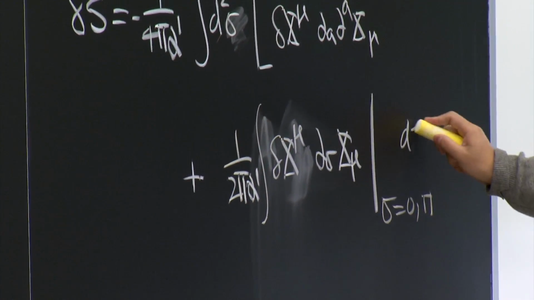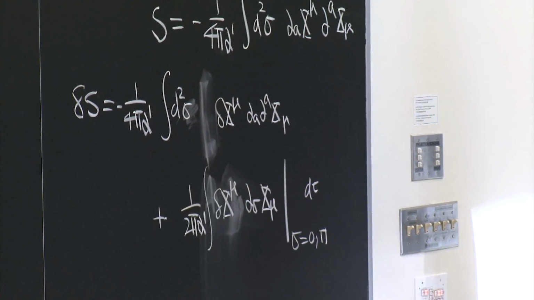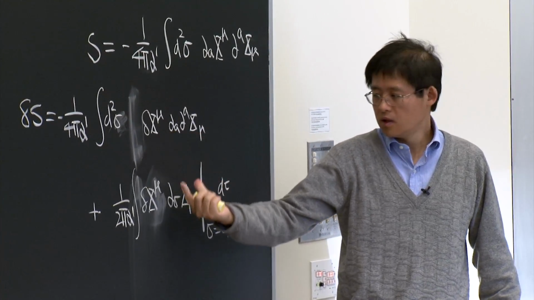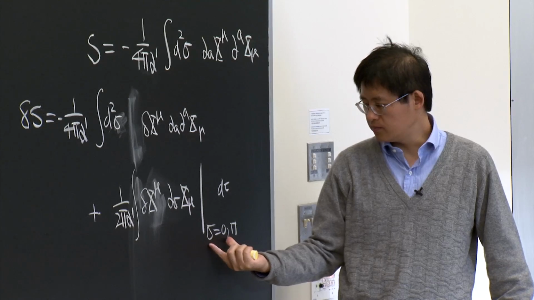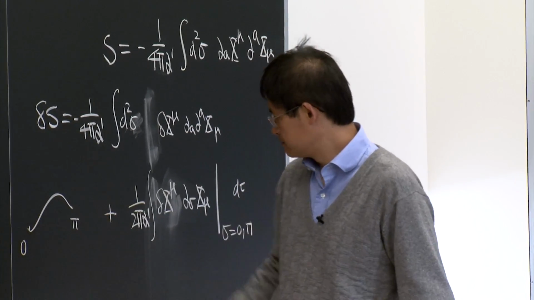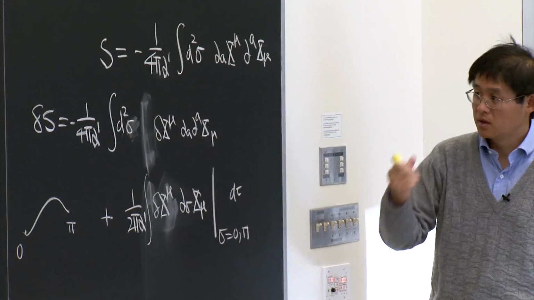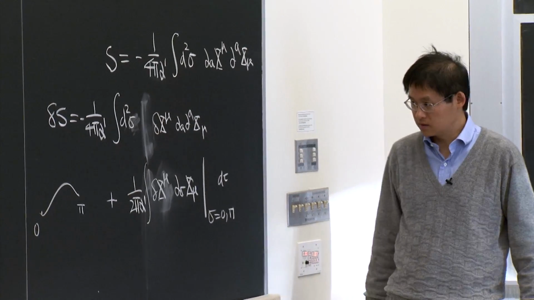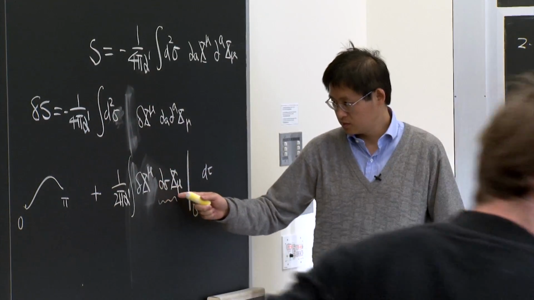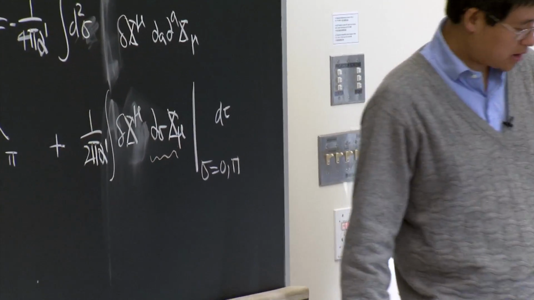So this is still d tau. From this term, you get the equation of motion. And then you induce a boundary term, evaluated at the two boundaries of the open string, at 0 and pi. We need to get rid of this boundary term, otherwise the equation of motion is not satisfied. What we discussed is the so-called Neumann boundary condition. It just takes partial sigma x mu equal to 0 at sigma equal to 0. But in general, for any mu,